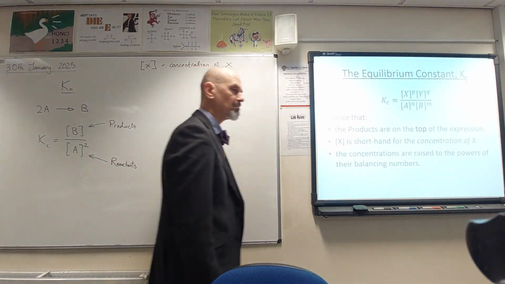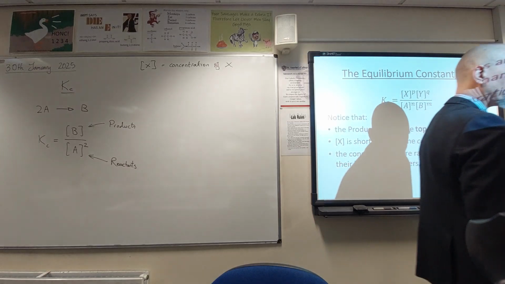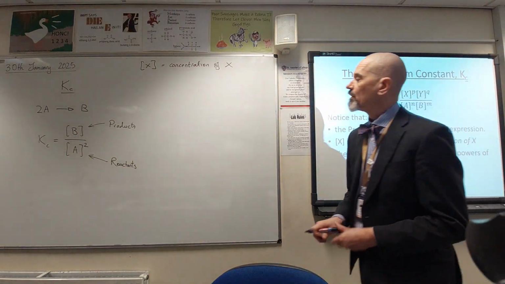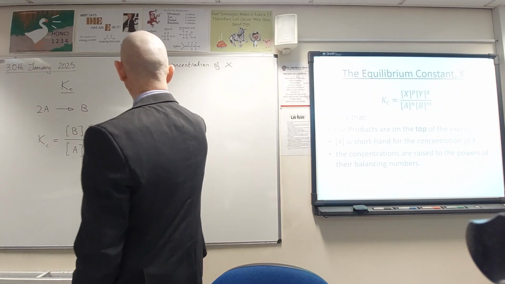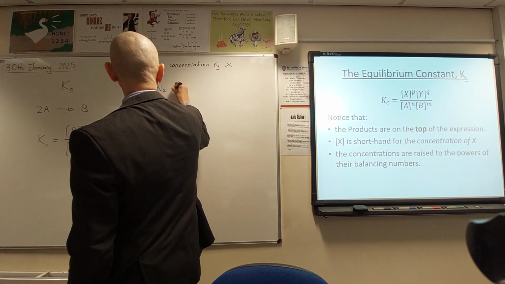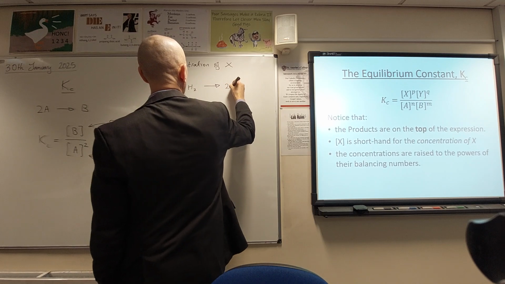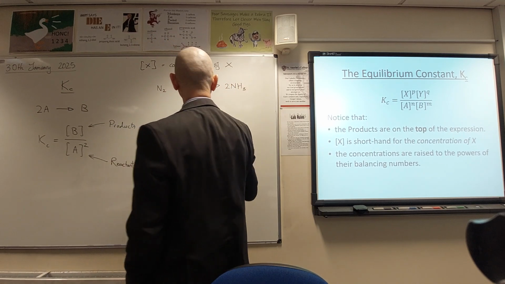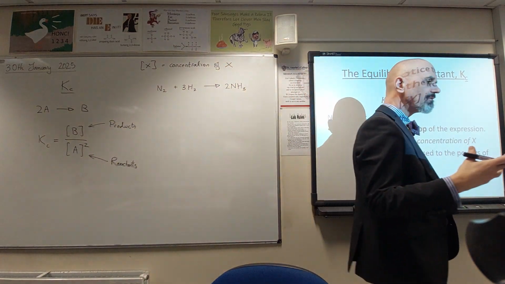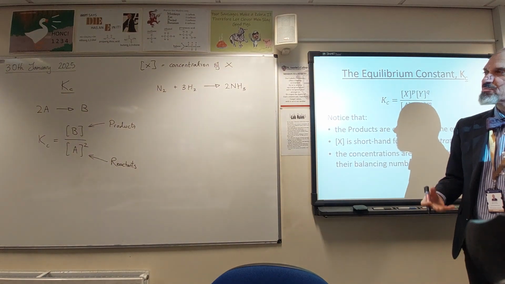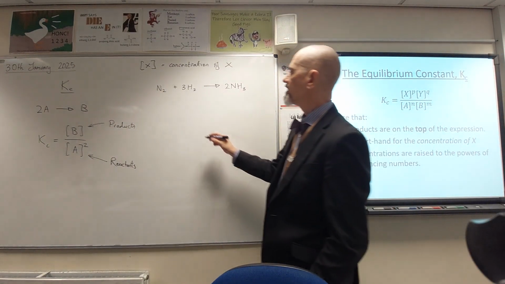We'll do some practice. But let's start with the old Haber process. Nitrogen, 3 hydrogens and 2 ammonias. Makes 2 ammonias. So Kc,